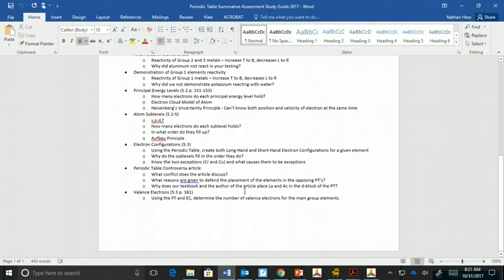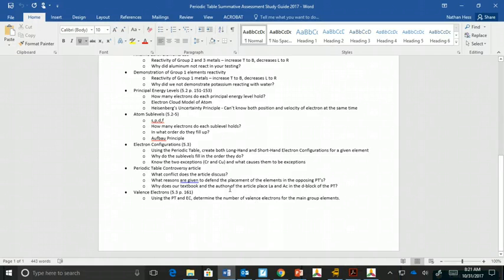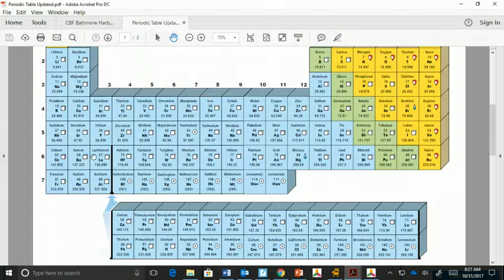In the periodic table controversy article, the conflict discussed is where we should put lanthanum and actinium, whether they should stay here in group 3 or they should come down and be the first ones of this F sublevel. The reasons given to defend putting them there are that they have properties that match scandium and yttrium, so it's better to put them in that same group, and also that they have one extra electron. So 6s2, is this a 5d1 or a 4f1? Well, actually, we found it is a 5d, so it just makes sense to put them there in 5d.